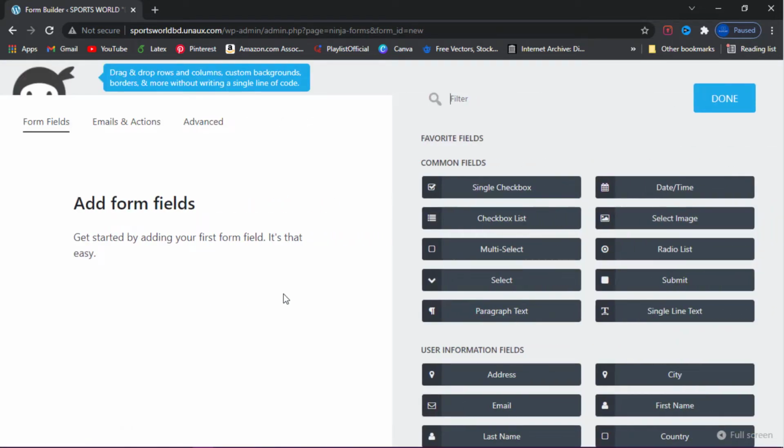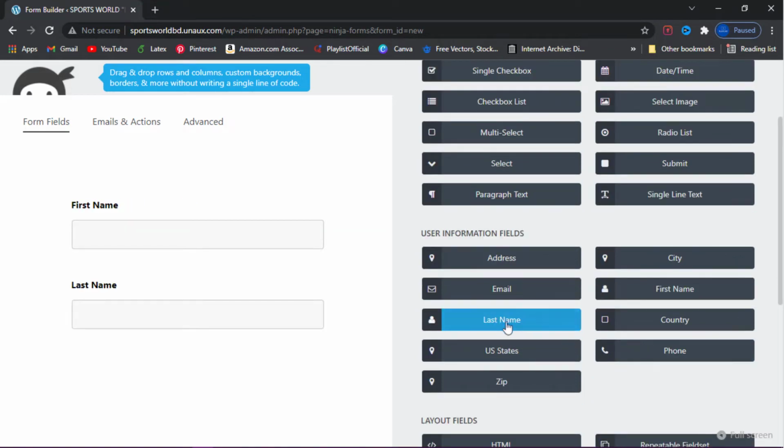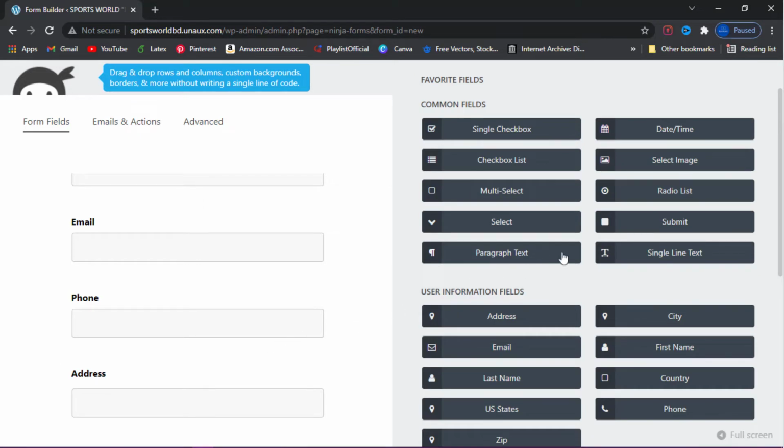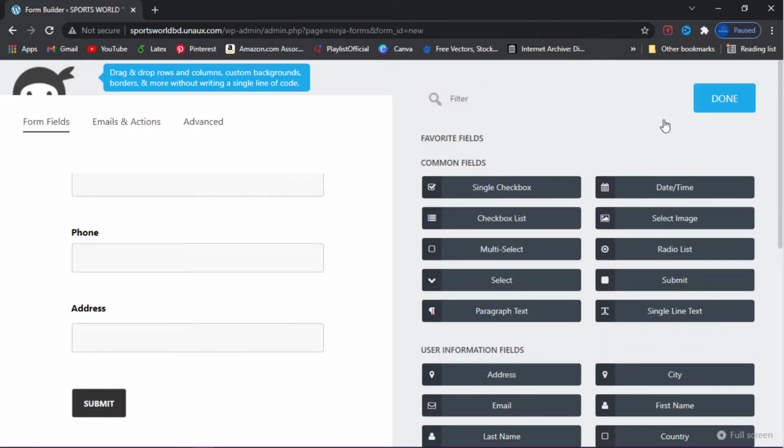After clicking the blank form, you will select first name, last name. I want this type of form. If you choose another field, no problem. I'll show how to create a contact form. Okay, and also add a submit button. Okay, now click done